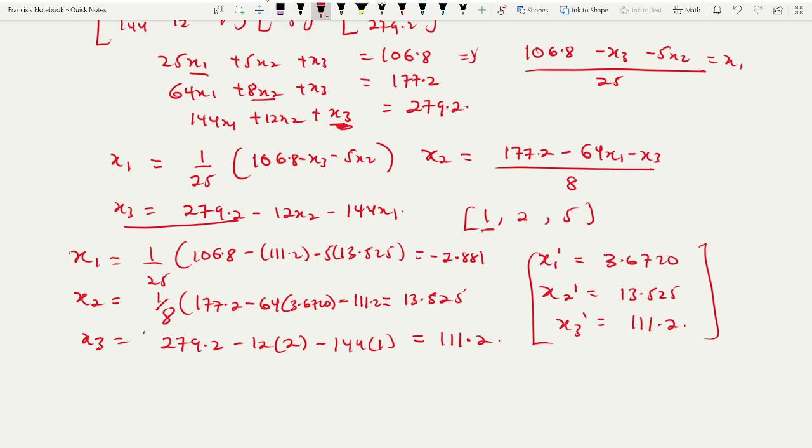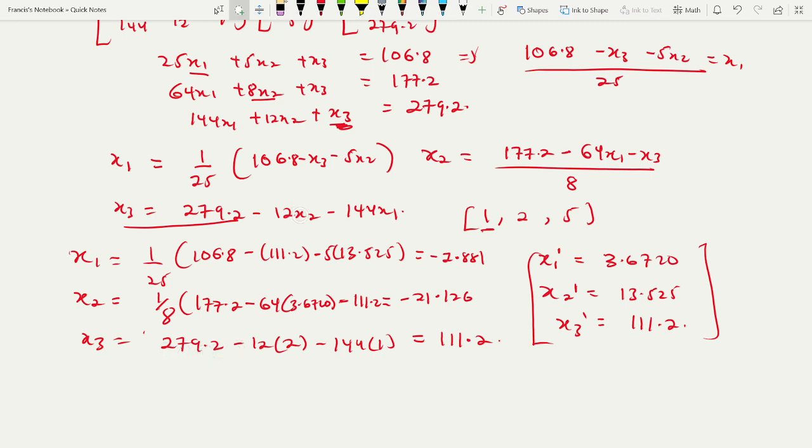So after punching this correctly into the calculator, we should get negative 21.126. Then we come again for the x3,